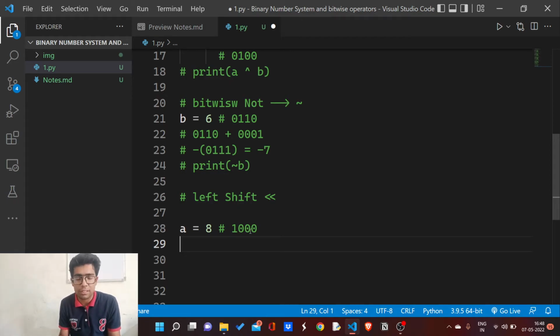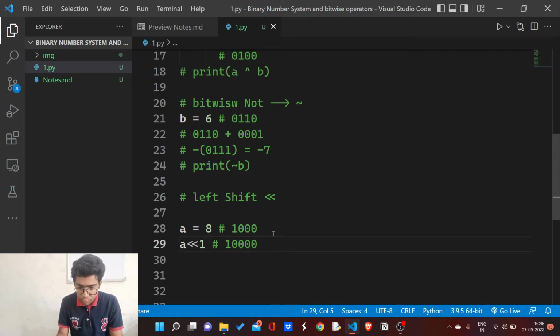Sorry, this is not a unary operator. It requires two operands. One is to which we have to apply the shift, and the other is how many bits we want to shift. Like if I do this by 1, it means I am shifting each bit by 1 towards the left. Like now 1 will shift here, this 0 will shift here, and this 0 will shift here, and this 0 will shift here, and the last 0 will shift here. Now this vacant place will be filled with 0. Now the resultant answer would be this.